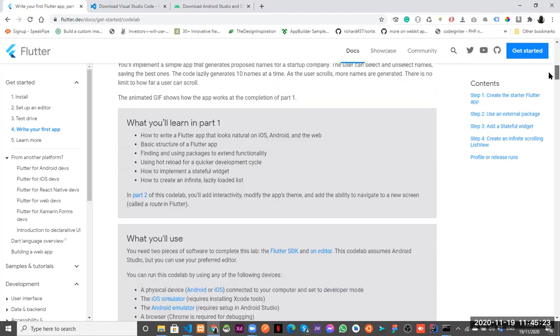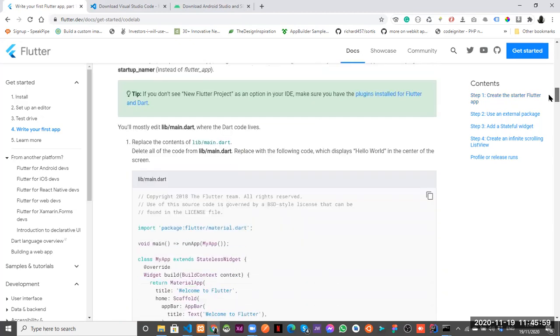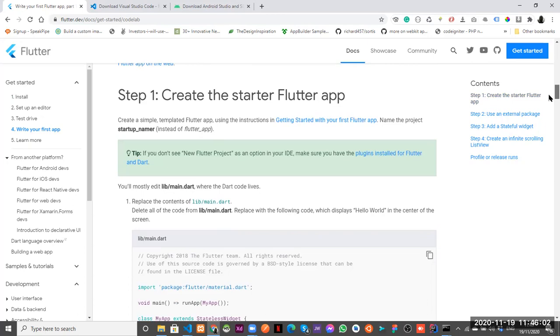And let's go to this part. This is something you need to do. You need to run this command on your CMD, and you also need to run this command, and you need to also run this command. I don't know if I've told you, but Flutter can build mobile applications and web. So if you want to enable web also, you can do that with this command. But you know, our tutorials for now will be focusing on mobile. So once we are sure what we need to do now,